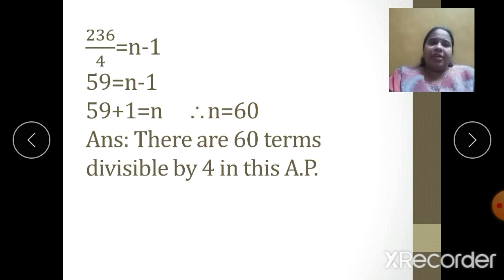And we have to go back and write the final answer as per the question asked. What was the question asked? How many numbers between 10 to 250 are divisible by 4? Either you write that there are 60 natural numbers between 10 to 250 that are divisible by 4, or there are 60 terms divisible by 4 in this AP. Which AP? Which I have written, starting with 12, 16, 20 till 248. Any one way you can write the final answer. I hope you have understood all the steps. First to get the AP, then to use the formula, substitute the values correctly and get the final answer.